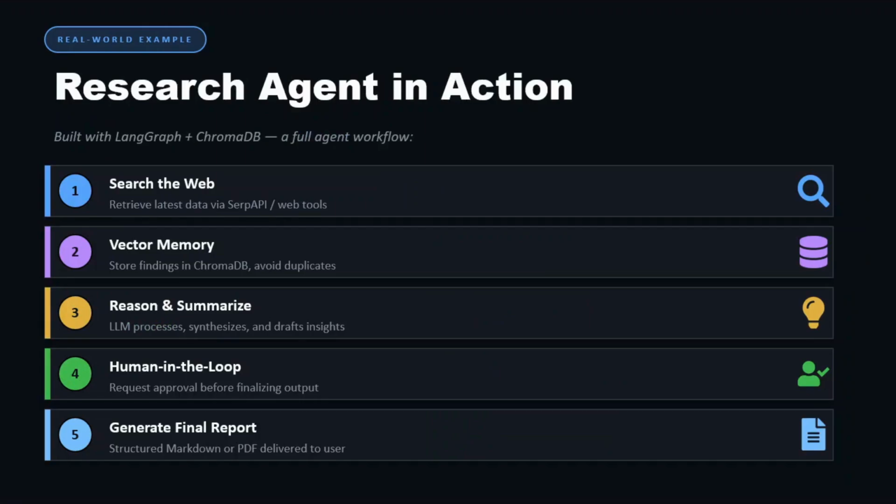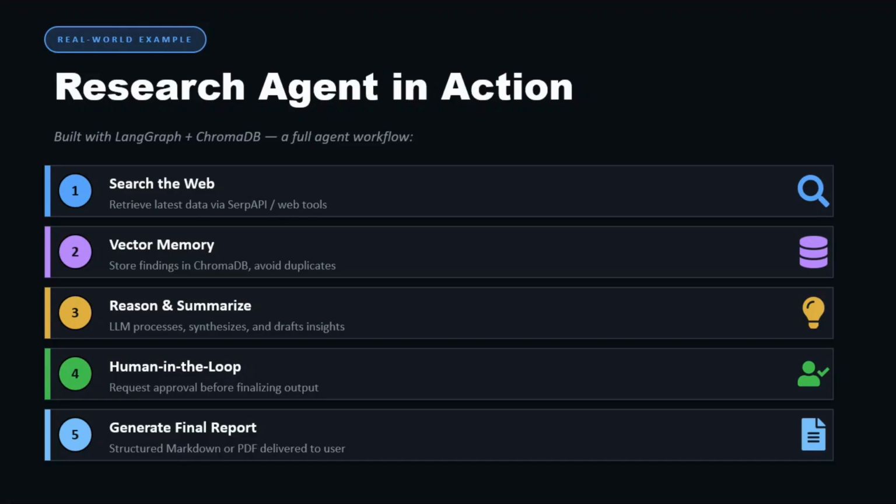Here's a real-world example of an AI agent. A research agent built with LangGraph and ChromaDB. Before we actually take a look at it in action, let's go over a couple things about how this agent actually works. First, it searches the web to gather the latest information.